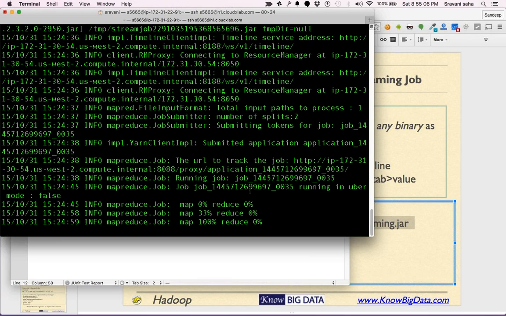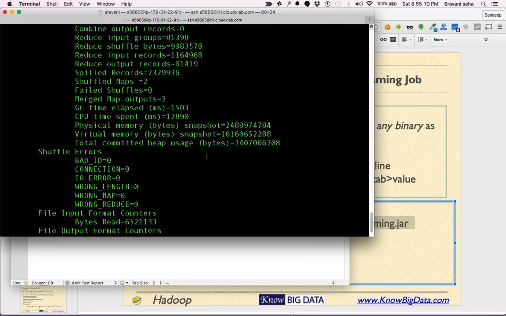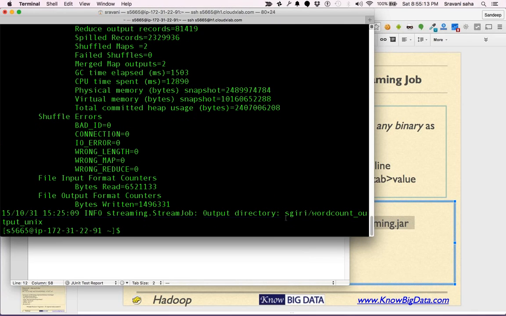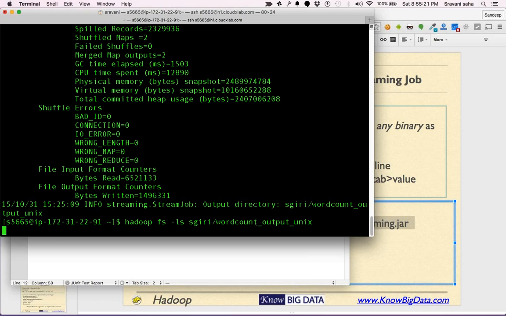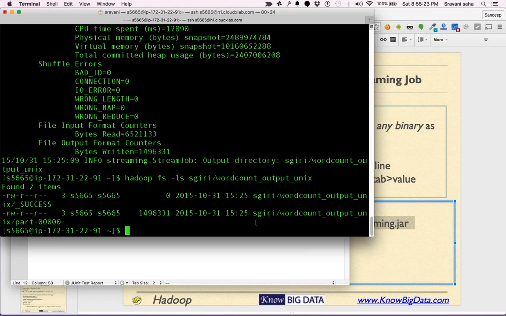All right, and you can see the progress, that it is doing something. Now it has finally finished the work and stored the data in this directory. Let me check if it has done something by using hadoop fs -ls. You see that? Now it has created this file called part. Do you want to have a look at what exactly is going on there?